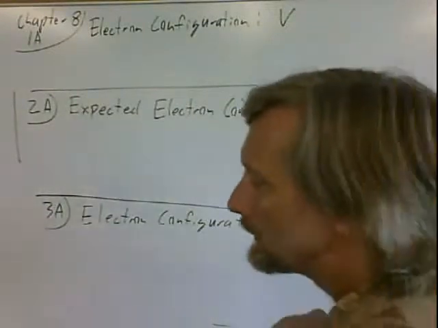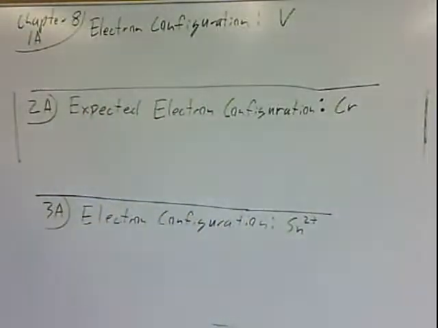Electron configuration. In electron configuration, we identify the shell and subshell that electrons are occupying and how many electrons are in that subshell. We start by reading the periodic table, and then after that we look for modifications to what we would get off the periodic table. So for vanadium, we check out the periodic table, we see that element 23,